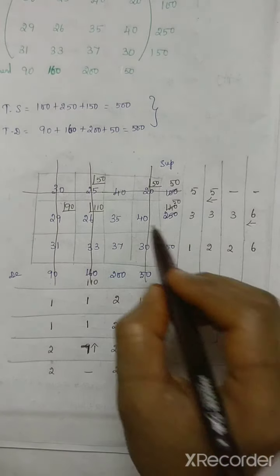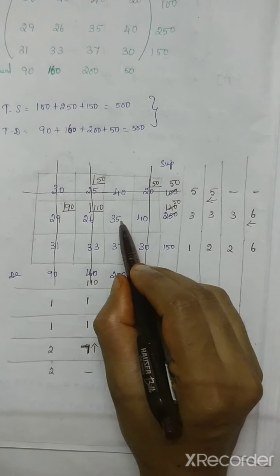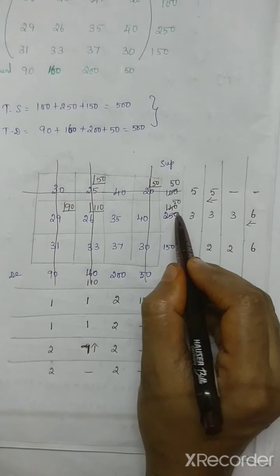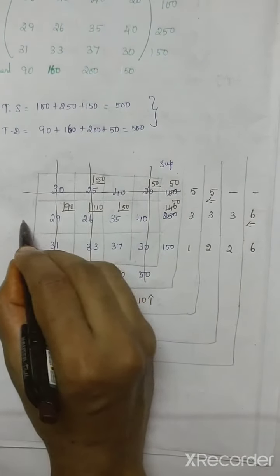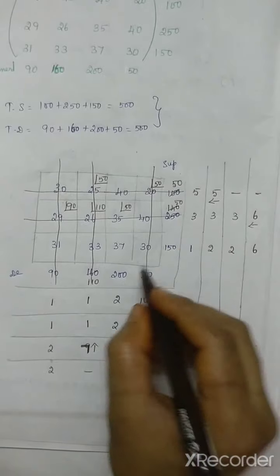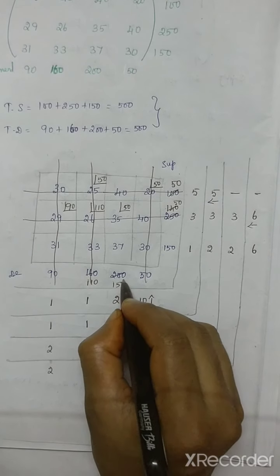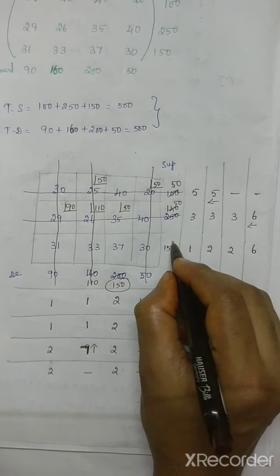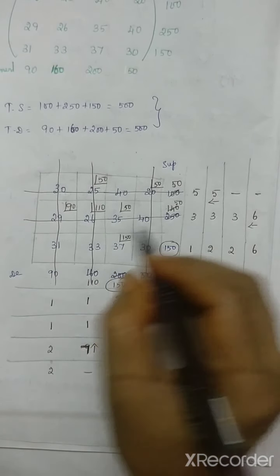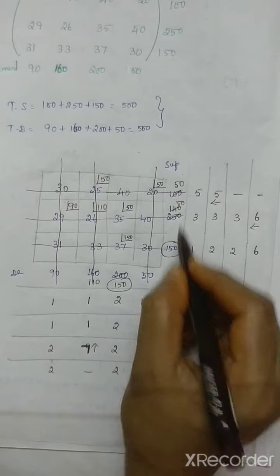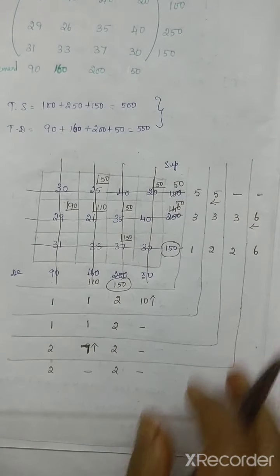So first you have to come with 35. So 35 means this will be 50. So 50 you have to occupy here. So this will be cancelled. This will be reduced to 150. In final we have only one cell and both the demand and supply value will be equal. So you have to just allocate 150 here. You have to cancel both row as well as column.